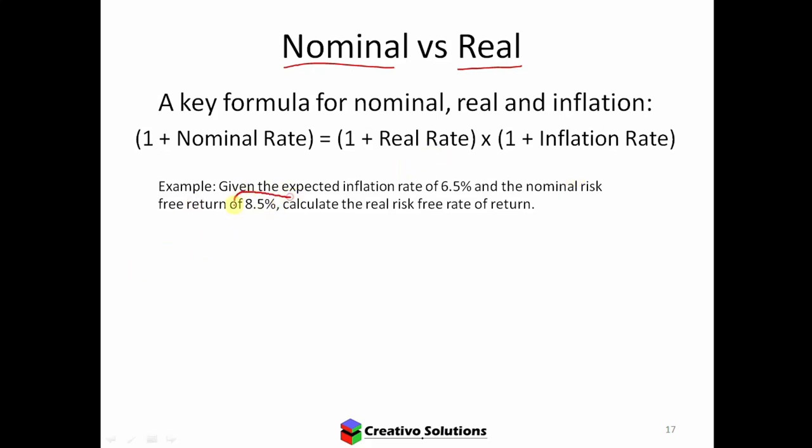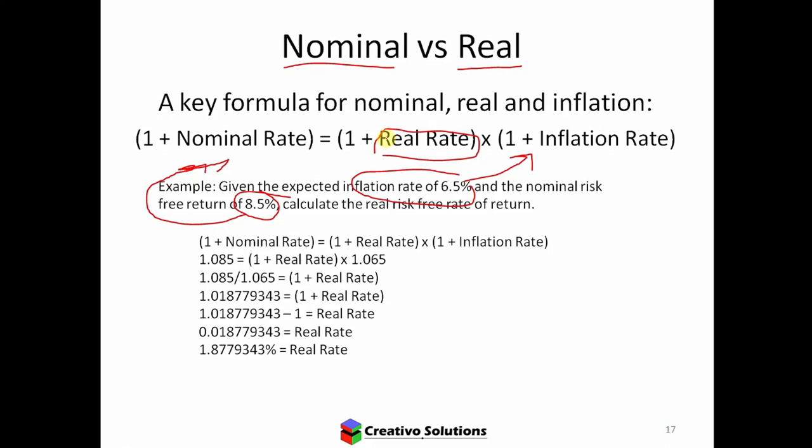So if I'm looking specifically at the nominal, 8.5%, that's going to be invested. And then inflation is going to affect that investment. I need to substitute all those values in, the nominal rate and the inflation rate. And then it's possible to calculate the unknown, which is the real rate of return. And if you do that calculation, you're going to have to apply some mathematics, some general arithmetic. And if you follow all the steps on screen to solve for the real rate of return, you'll see this